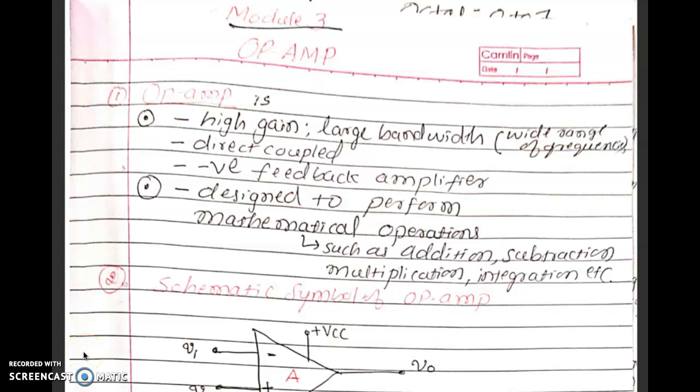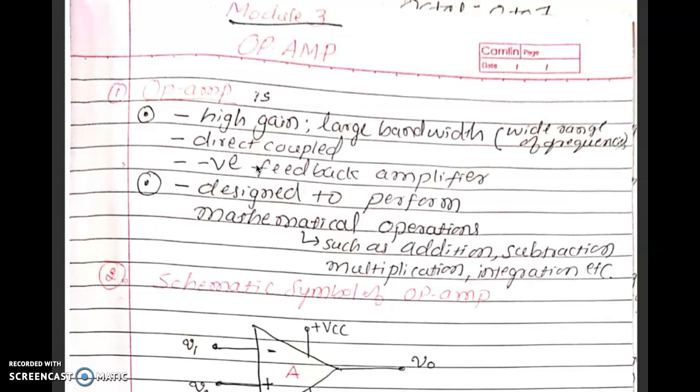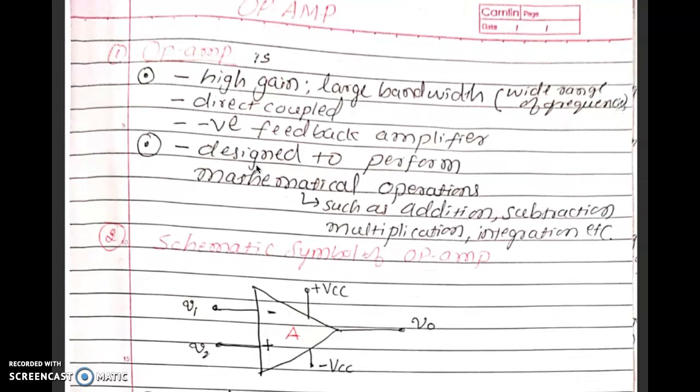Now we are going to discuss the topic op-amp, and it is mentioned in the syllabus in module 3. So we are going to get started with module 3, and the first part of it is op-amp. So op-amp, what is op-amp? First we shall see its definition, then its symbol and what are the constituents of op-amp. All those are seen after understanding what is op-amp. So here is the definition of op-amp.